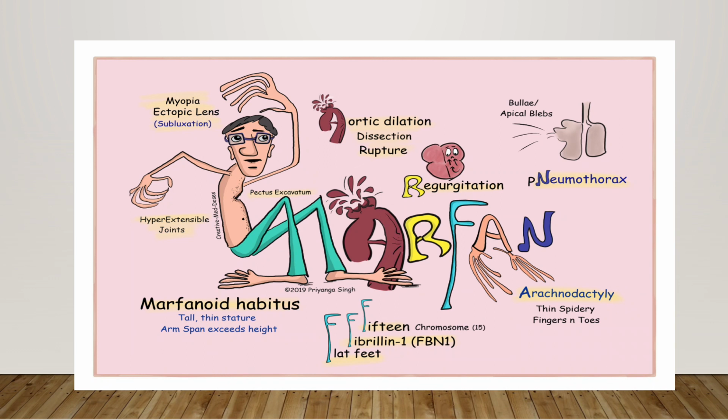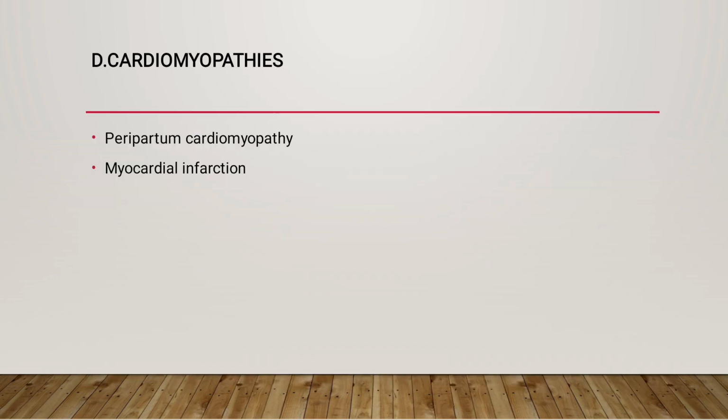Next we will move on to cardiomyopathies. So cardiomyopathies are divided into two, that is peripartum cardiomyopathy and myocardial infarctions. What do you mean by peripartum cardiomyopathy? The important diagnostic criteria are